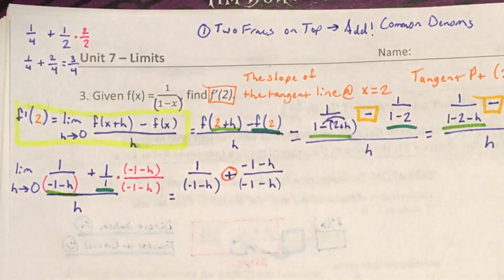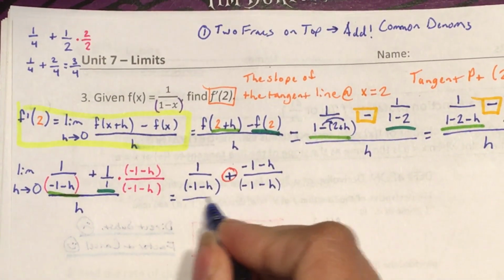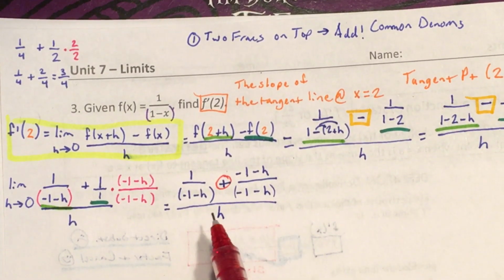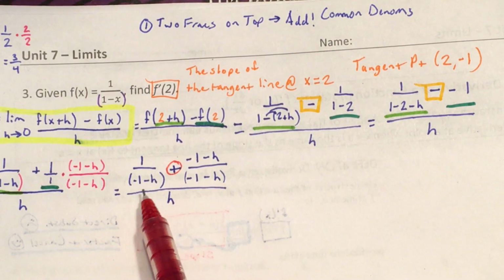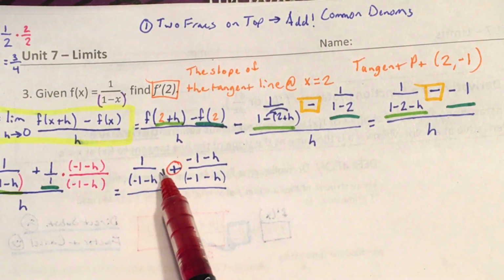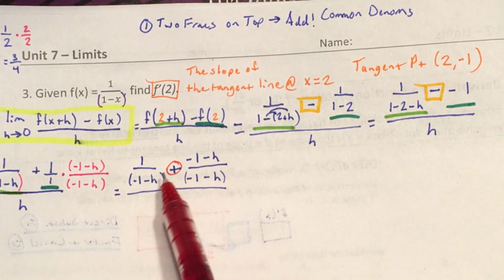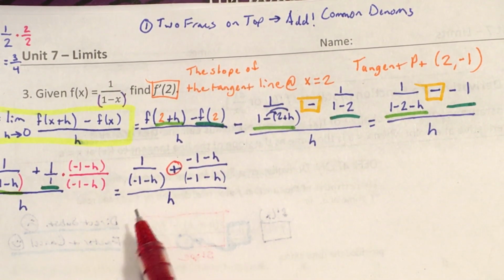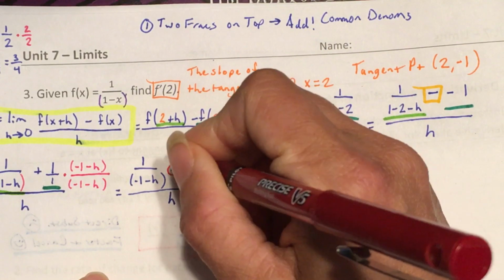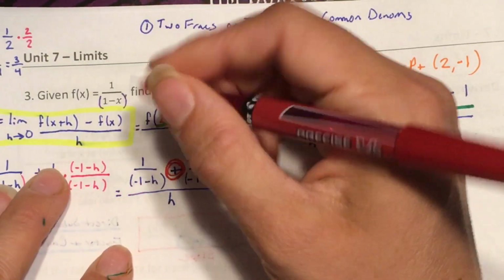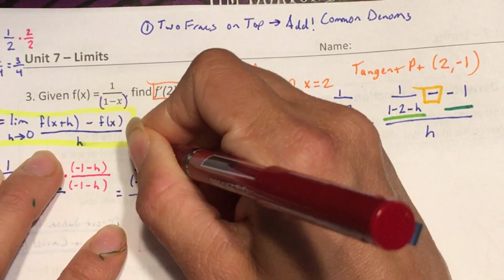Now, something to note about this plus sign. Sometimes students look at this expression and they go, hey, I'm going to go ahead and cross off that -1 minus h with that other -1 minus h. Folks, can we actually do that? No, because it's not multiplication. You can't cross simplify